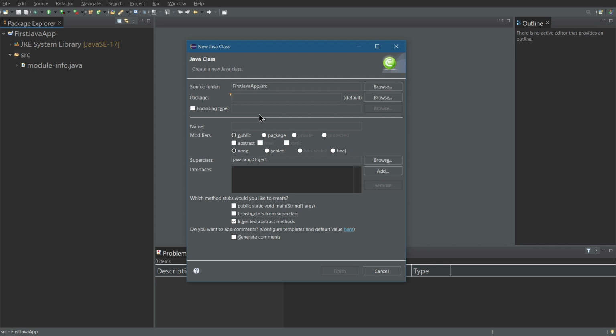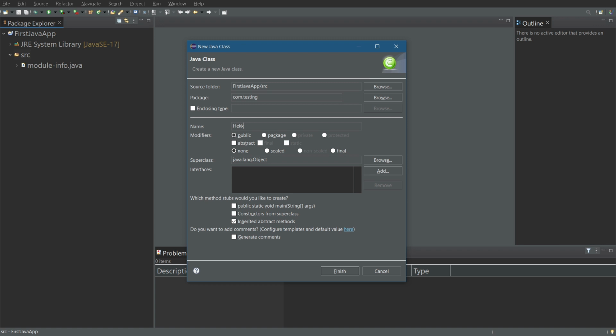Now, we'll discuss packages in further videos, but just let us write the package name com.testing. So package name should be in lowercase, and the words should be separated with the period dot,